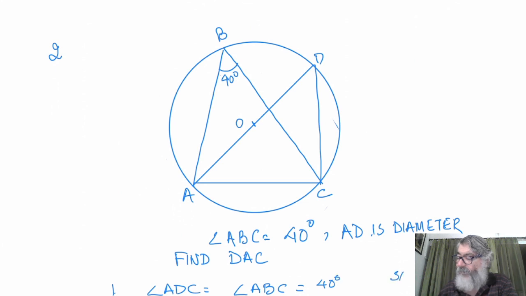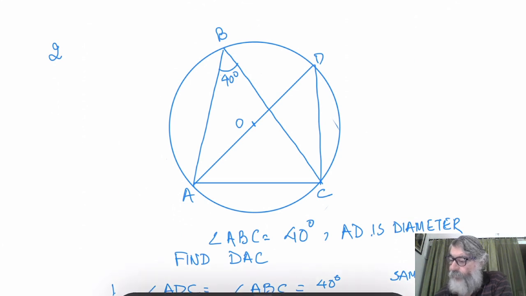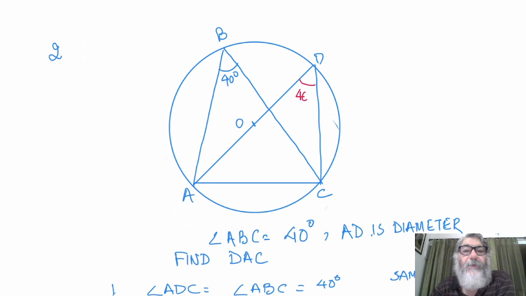Angles in the same segment. I told you that you consider this even if the AC is not there. Suppose AC is not there, even then you can draw a line AC for your own convenience to understand, though there is no need to draw that, even then you have the segment. Now this angle is 40 degrees. Let me just show it with a different color here. This angle comes out to be 40 degrees. Angles in the same segment. Given was in blue, we have calculated in red.